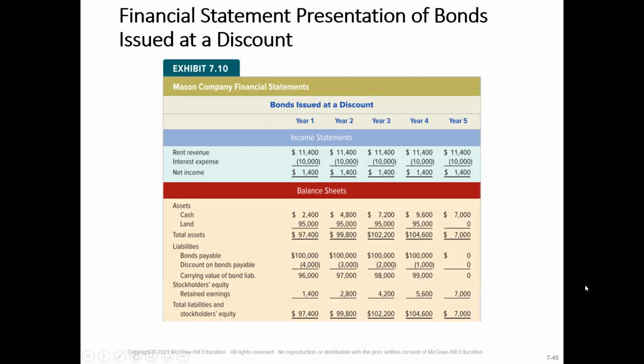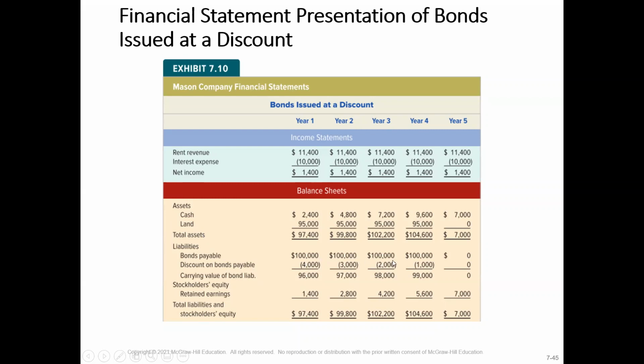So the way this bond issuance would look like for all 5 years of its life is the same as what we see on page 265. The statement of cash flows is on the next slide. So basically, our income statement is going to be the same every year. Our balance sheets will look a little bit different, and you can see, pay special attention here to the liability section. At the end of year 1,